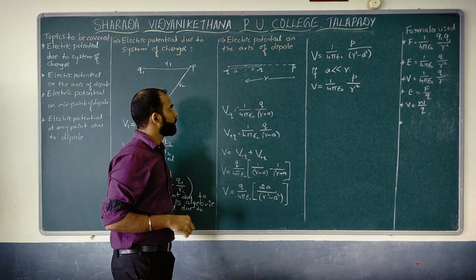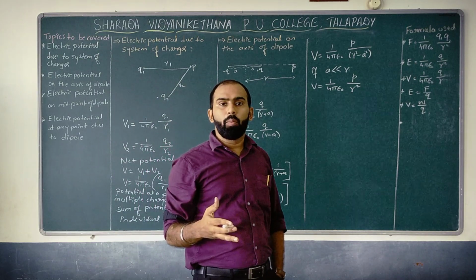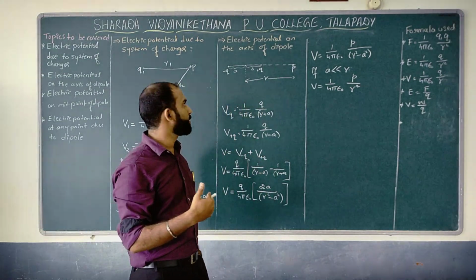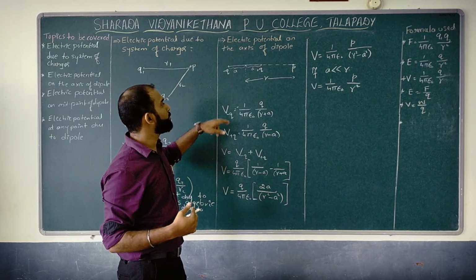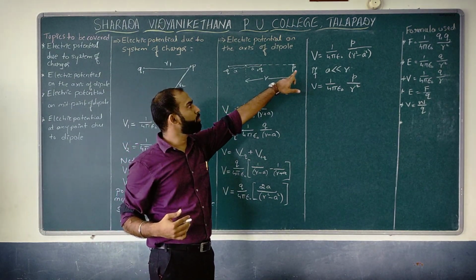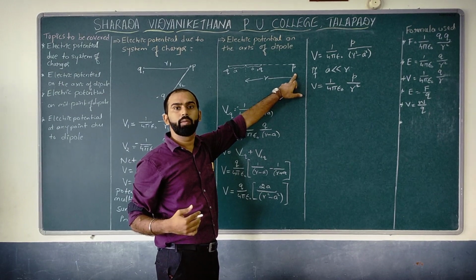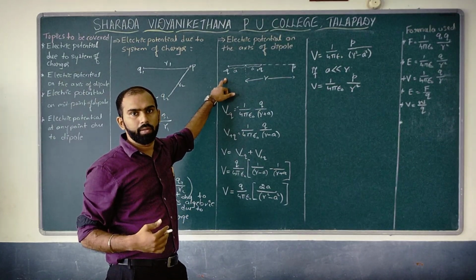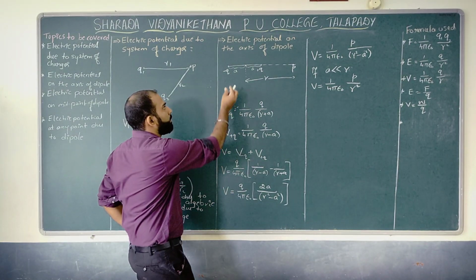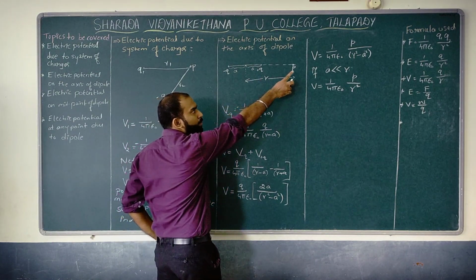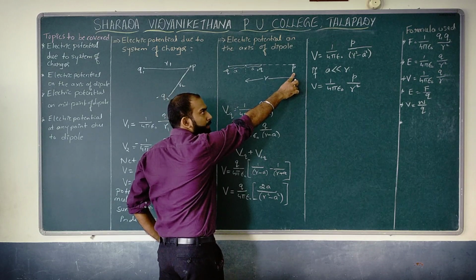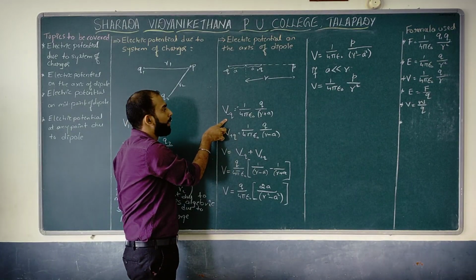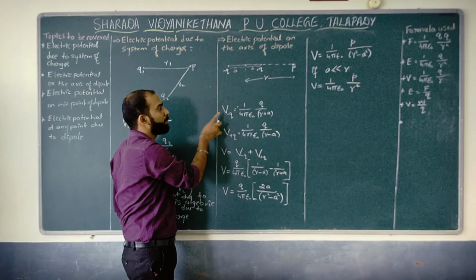So obviously it is a dipole. How many charges? 2 charges. Which are the 2 charges we can expect? Plus and minus q. And your job is to find the electrostatic potential at the point P due to, let us say, minus q. So your job is to find the potential at P due to which charge? Minus q. That's why I have written minus q as a subscript with respect to V over here.